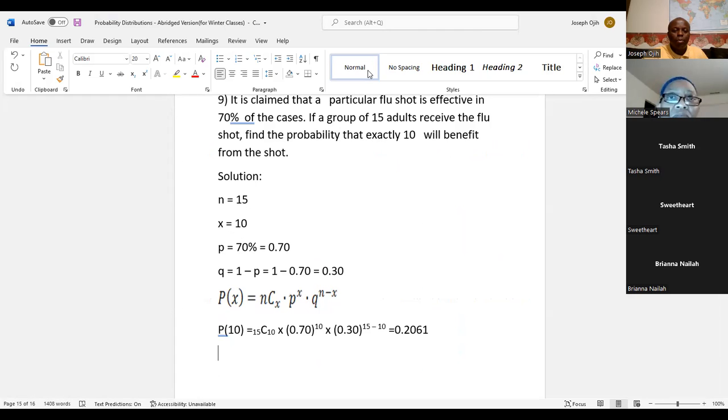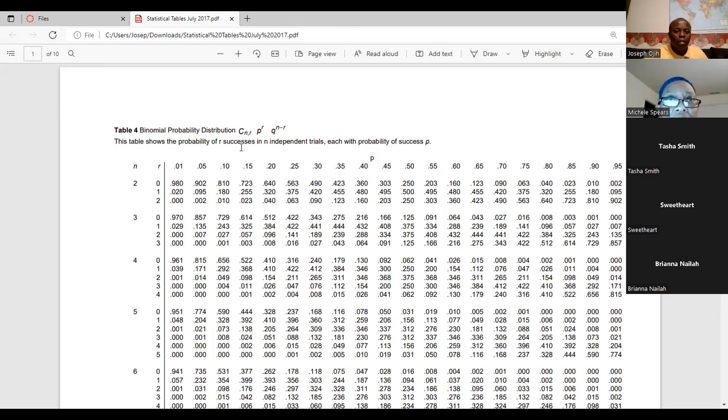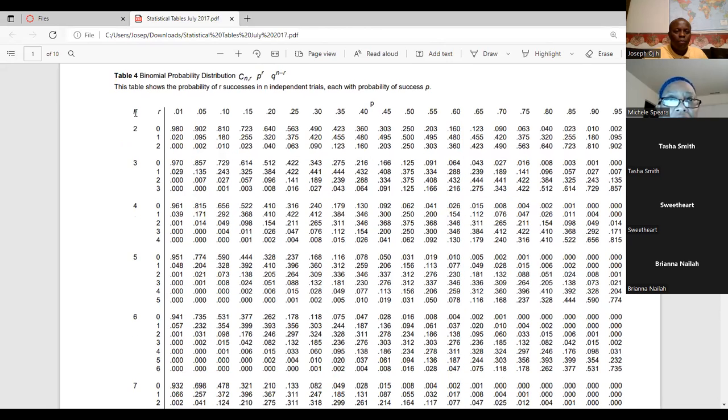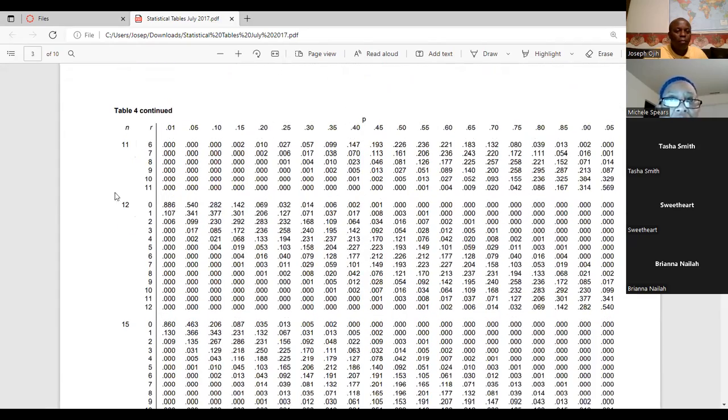If you go to that table, you can see that it is binomial. You can see our n. They use r for x, and these are the p's. If you go all the way to n 15,